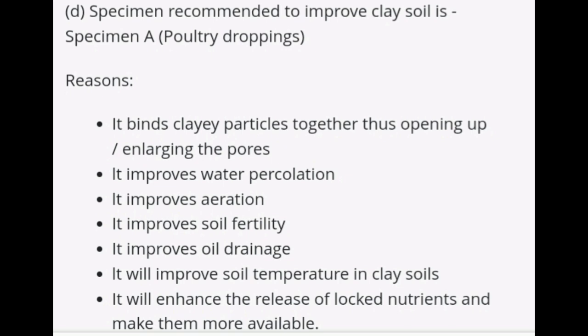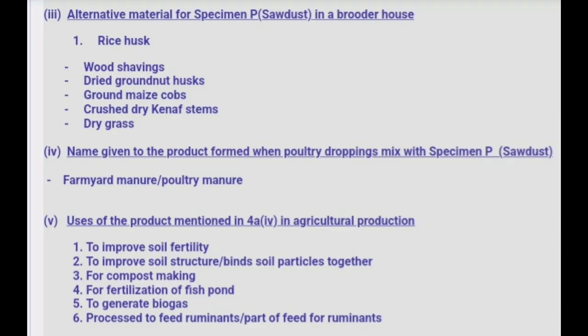All right. Now, an important note with poultry manure or poultry dropping: poultry dropping is mixed with sawdust to form what we call farmyard manure or poultry manure. So, you may be asked, what is that specimen that is poultry dropping? What is it mixed with to form farmyard manure? The answer is sawdust. Okay, so we mix poultry droppings with sawdust to form farmyard manure, or you call it